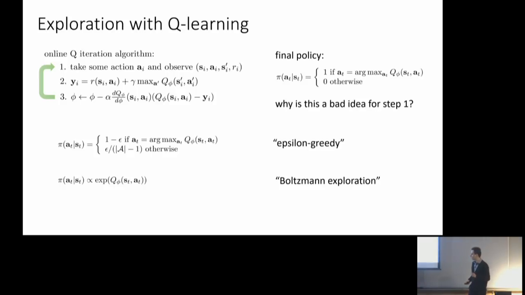And what people often do is they'll do Boltzmann exploration, and they'll put a multiplier in front of the Q, which acts as a temperature. So if you multiply the Q's by 0, then you take all the actions completely at random. If you multiply it by like 0.0001, it's almost random, but slightly biased towards better actions. If you multiply them by 1,000, then you'll almost always be taking the greedy action. So that temperature essentially controls how much you explore. Boltzmann exploration can be a good choice.